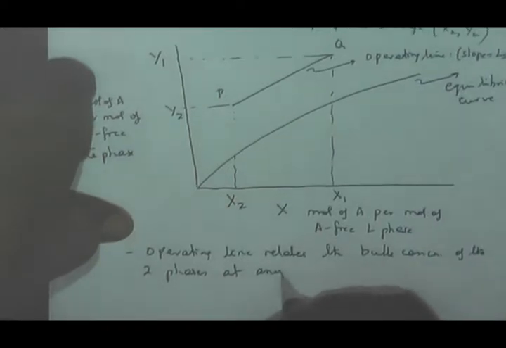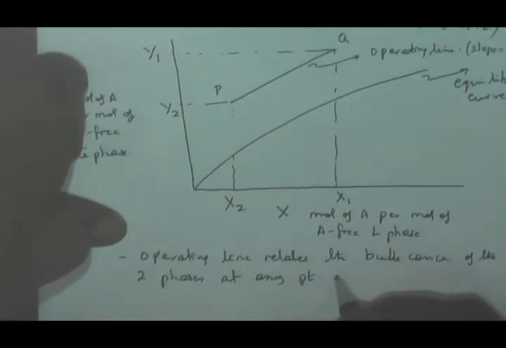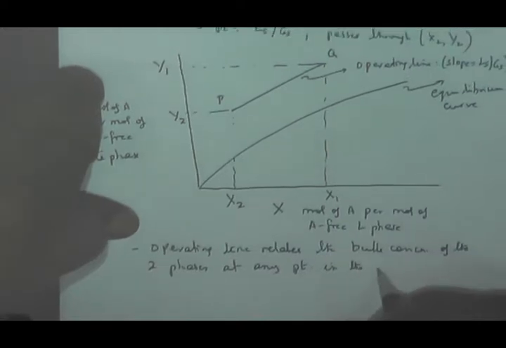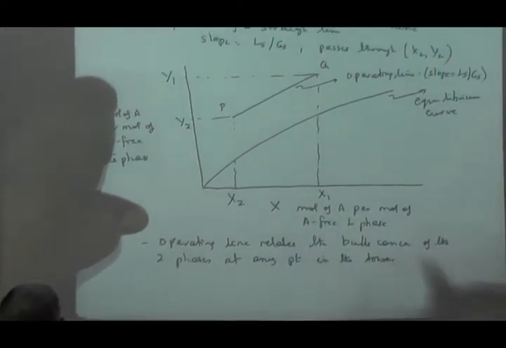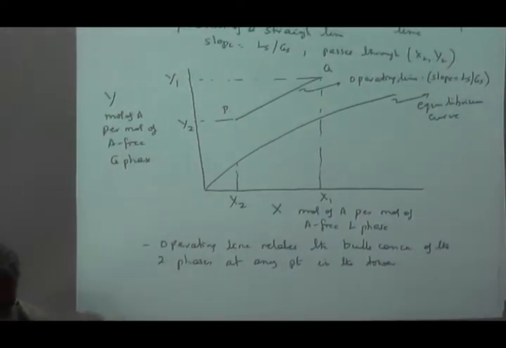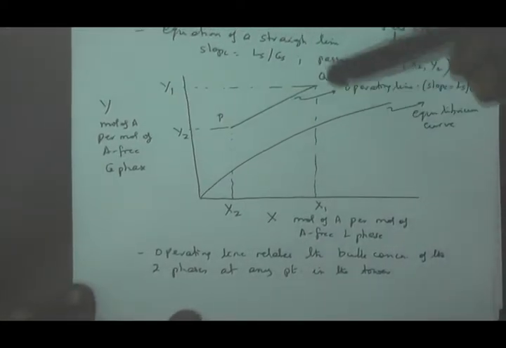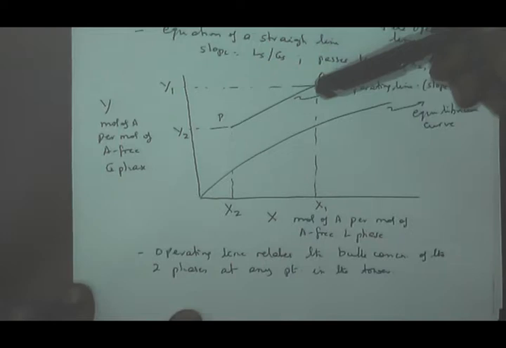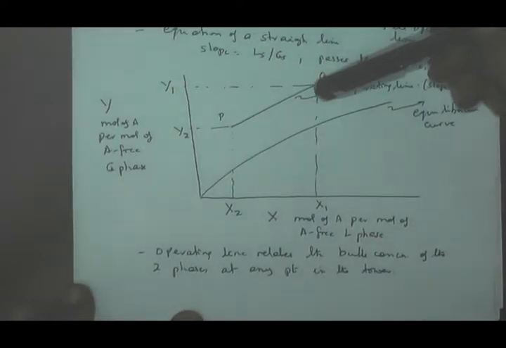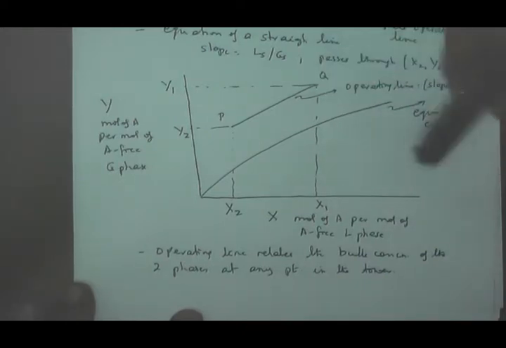At any point in the tower. So as you can see in this problem, we are starting from this point x1, y1. That is the top, that is the bottom part. We are starting from here, and as we go along,